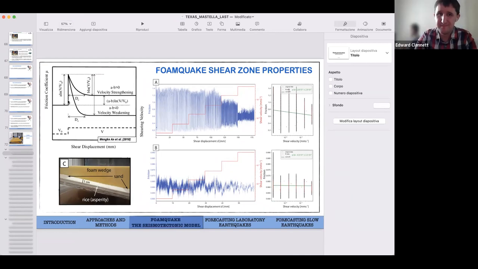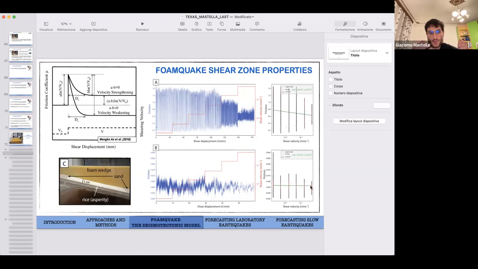So a velocity weakening material is a material where, after a velocity perturbation, the friction coefficient becomes lower with respect to the previous state. So it's a material where you can nucleate instabilities, and this is the case of the ice. Here A minus B is negative, and these are the results from the ice. Instead the sand has an A minus B parameter which is almost 0, which means that there's no dependence of the friction on the velocity.